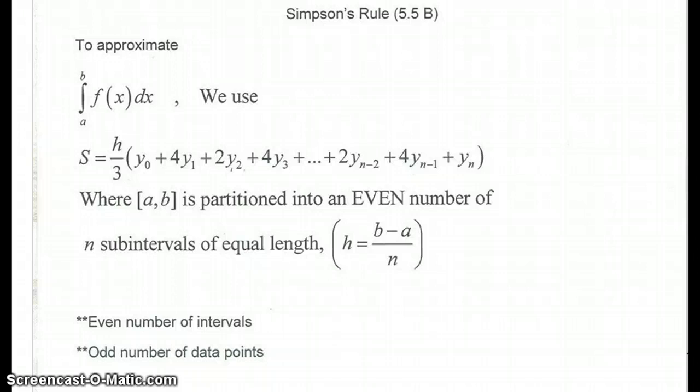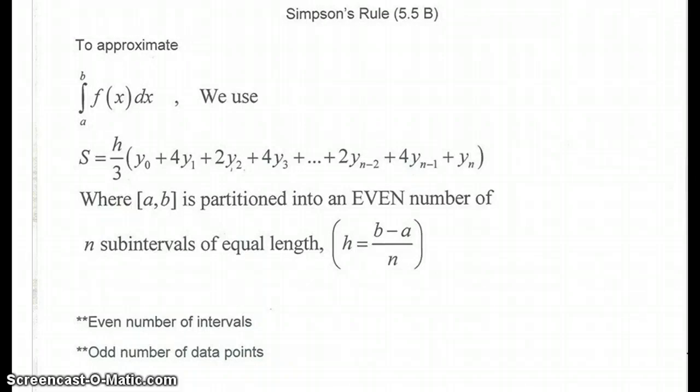So if we have an integral and we want to approximate it, we can use Simpson's rule, given as S is equal to h over 3 of y sub 0 plus 4y sub 1 plus 2y sub 2 plus 4y sub 3 plus etc. plus 2y sub n minus 2 plus 4y sub n minus 1 plus y sub n,